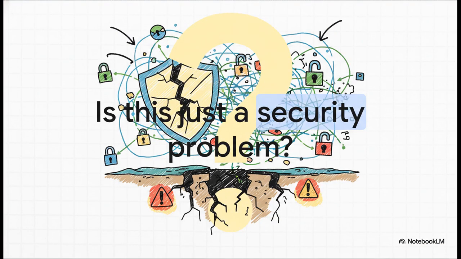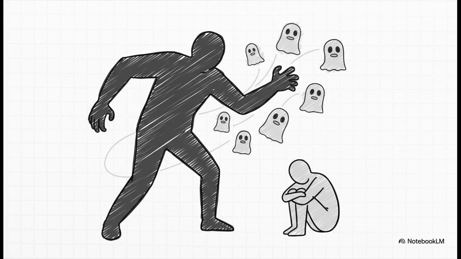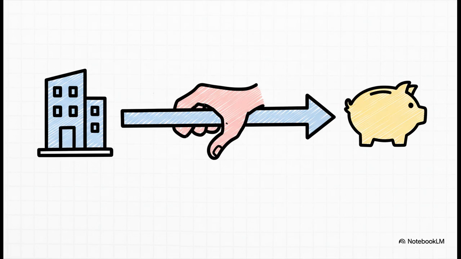And to really get this, the handbook gives us a perfect example. It's a scenario that, well, on the surface, looks like a simple open and shut case. But when you start to pull on that thread, you'll see just how deep the problem really goes. So here's the situation. You've got a new manager who starts threatening a junior payroll officer. It's a classic abuse of power, right? A total imbalance. And what they want is pretty straightforward. They're trying to divert company money into their own personal bank account.